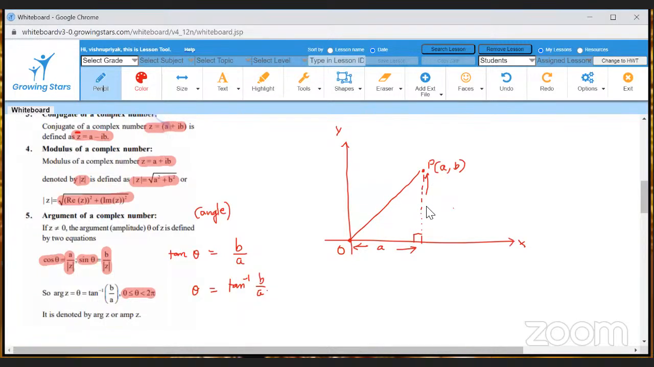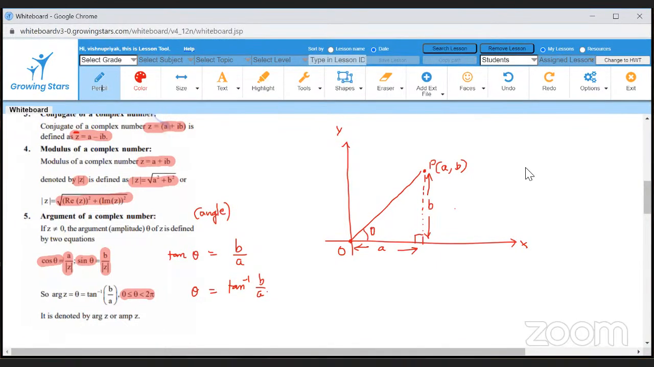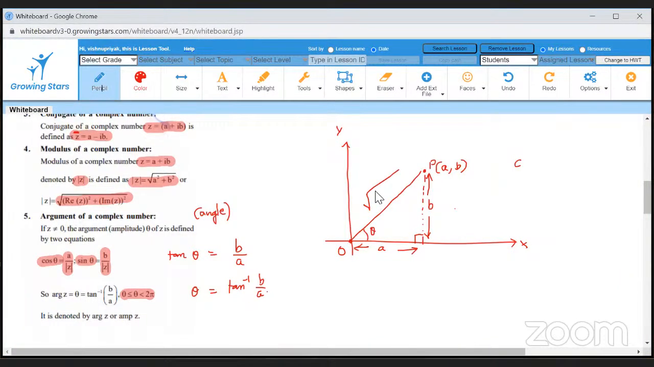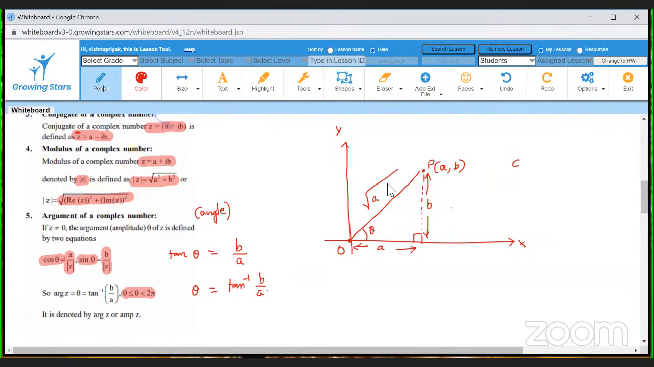So this is A, this is B, this distance. This we will take as theta. And we will write the hypotenuse using Pythagoras theorem, square root of A square plus B square. Now cos theta is